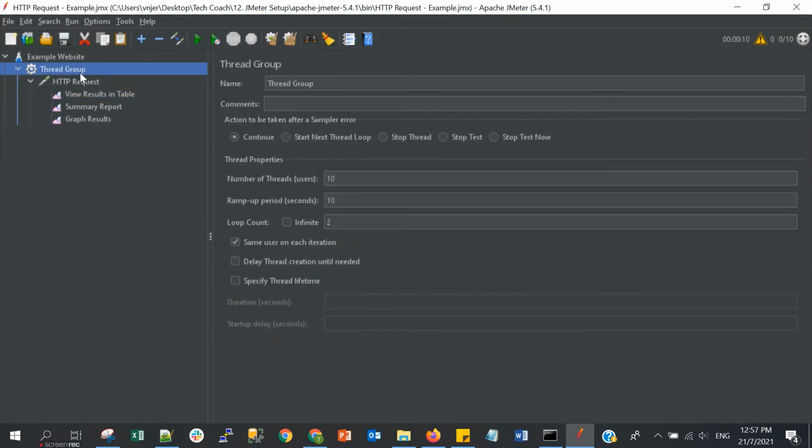You can find it in the thread group. If you want to recall it, the loop count is 2. So that means there will be 20 calls to the server, 10 times 2, within 10 seconds.